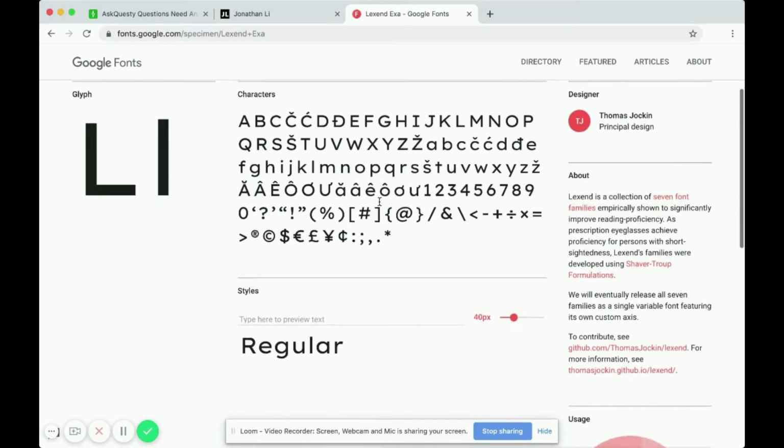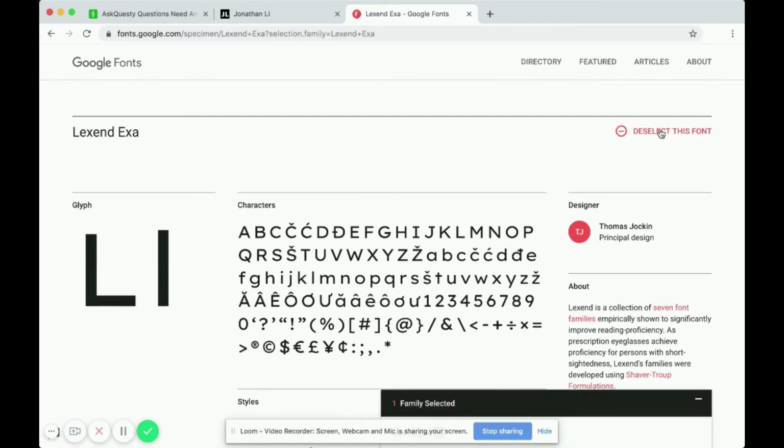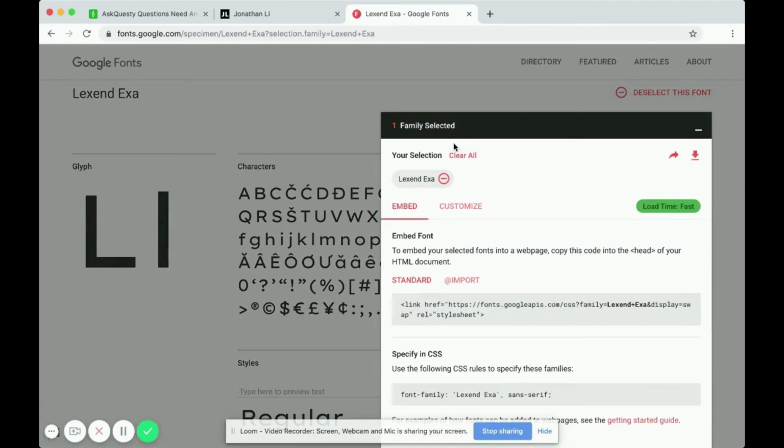Okay, so if you want this particular font, what you want to do is click select font, this font. And down here below on the bottom right, you have one font family selected, and that's the Lexend Exa font. So next what you do is you want to copy this link,